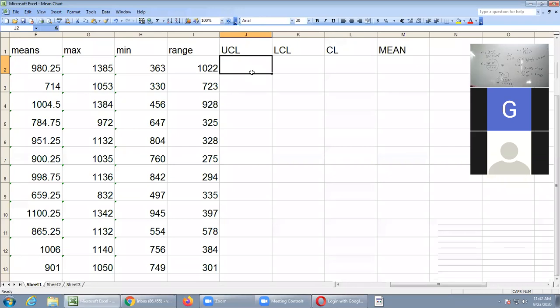Whenever you are writing the formula, always press the equal to button. So equal to X double bar. You know the value now. So now if you observe, see here, if you have to calculate the first value, and remaining values you have to drag. Now in this mean chart UCL, will you get one single value or different values? Here you will get UCL only as a single value.